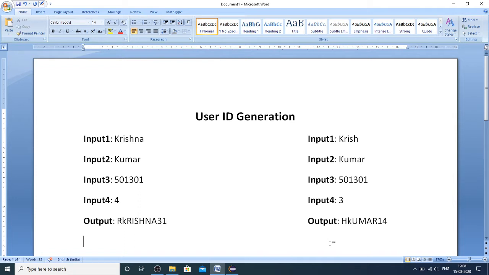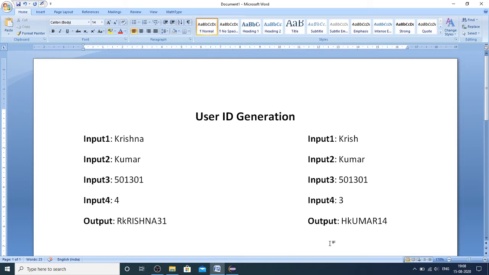So the position is input 4 and the pin code given to you is in input 3. So you need to concatenate the digit at position n in the pin code from left to right, and also you need to concatenate the digit at position n in the pin code from right to left.